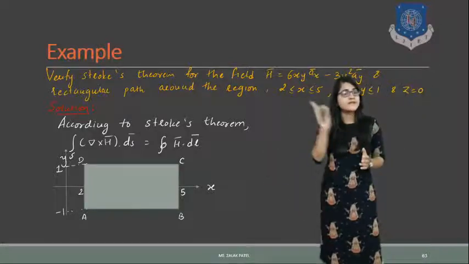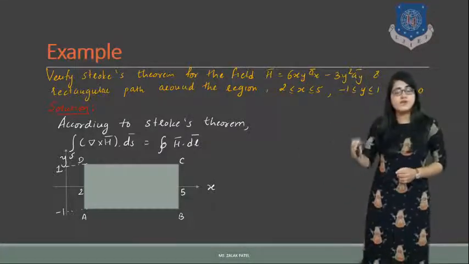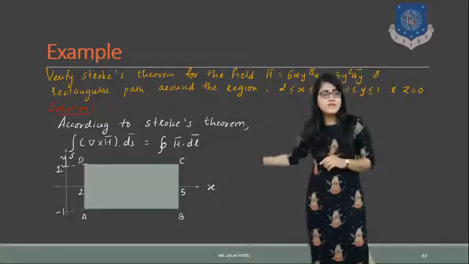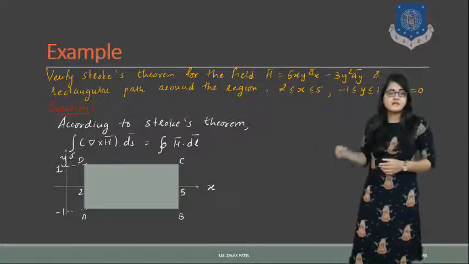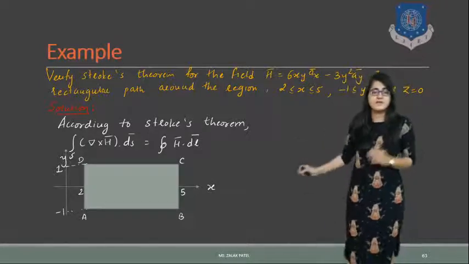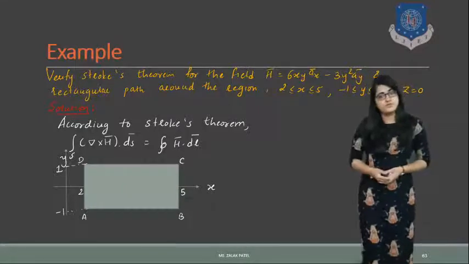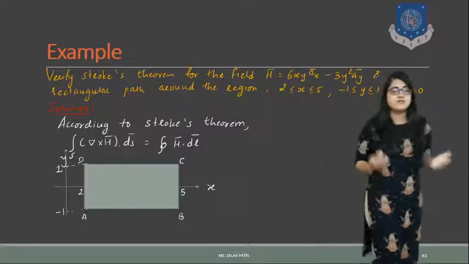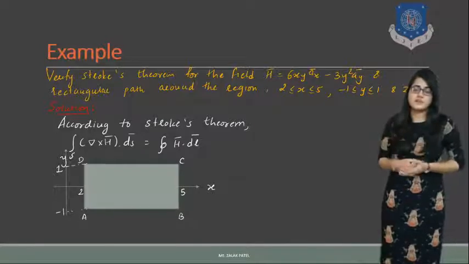If you are solving C to D, then in C to D the x-axis is changing from 5 to 2, but the one axis that is constant is y. From C to D, y equal to 1. Similarly, for D to A, obviously the y-axis is changing and the limit is 1 to -1, but the axis that is constant is x, so you have to put x equal to 2 there. So this is how you have to take the integration limits, and keep one axis constant when you are integrating with respect to the other axis.